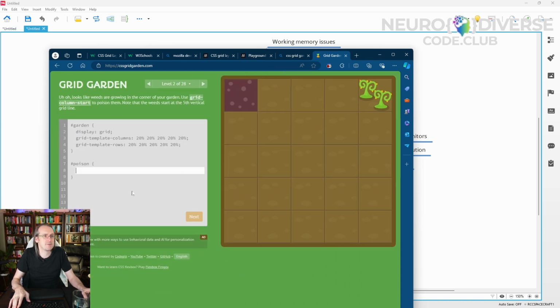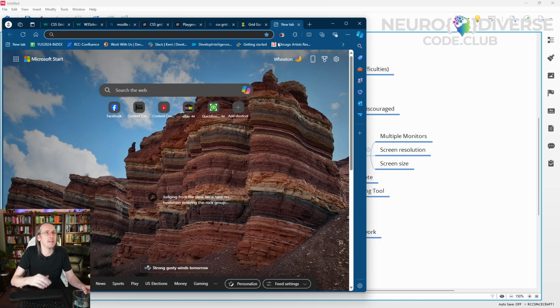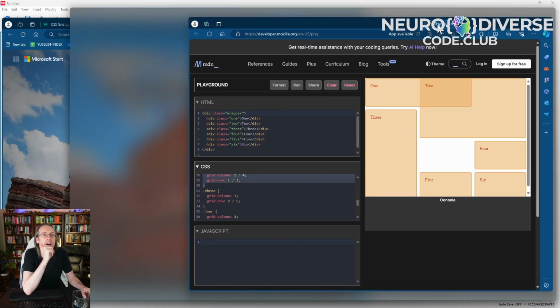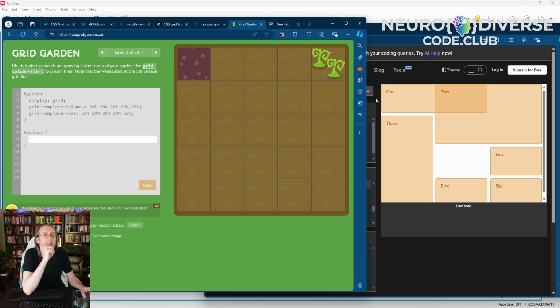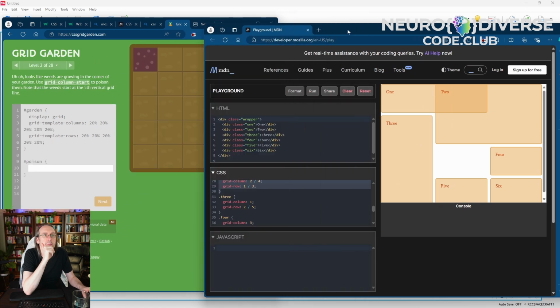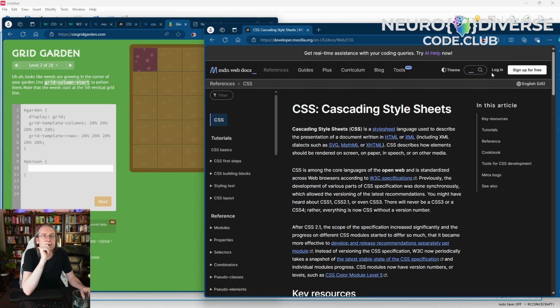So you have to have certain things committed to memory. And so that's where having that open side by side with, let's say, this, but even going back and just going to the reference,